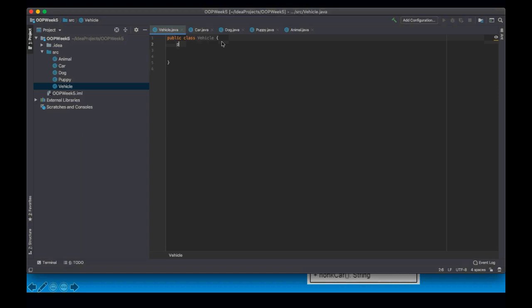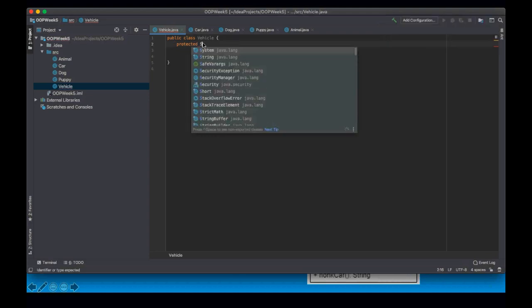I'm going to make my variable protected because I want my subclasses to be able to use that variable. This is why protected is very useful, because it limits access to only this class and the child classes. So this is protected String